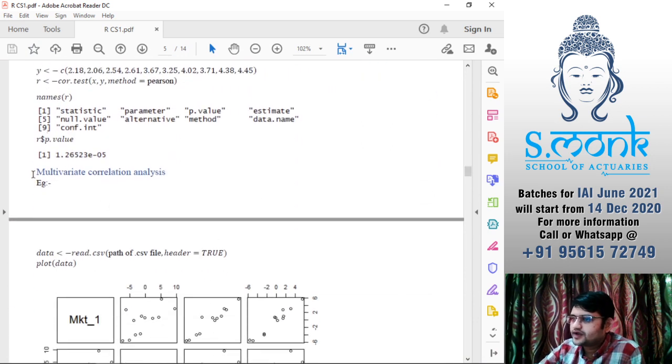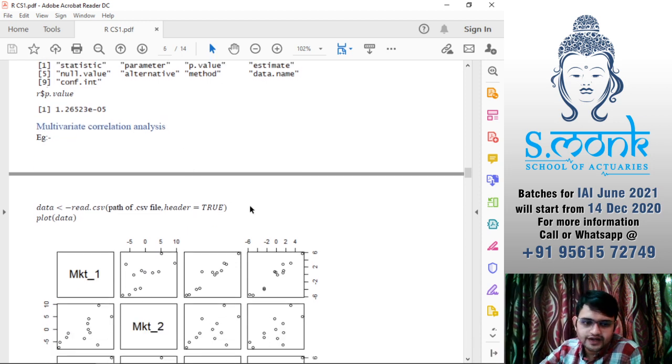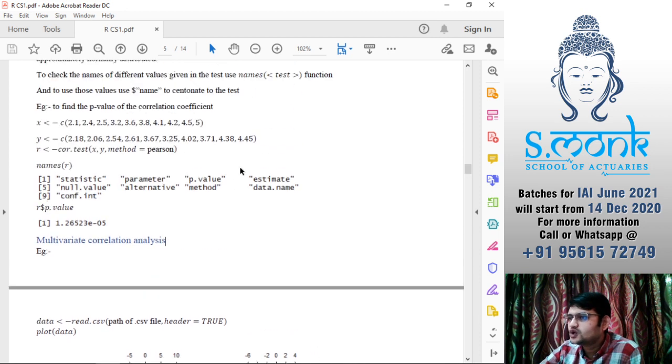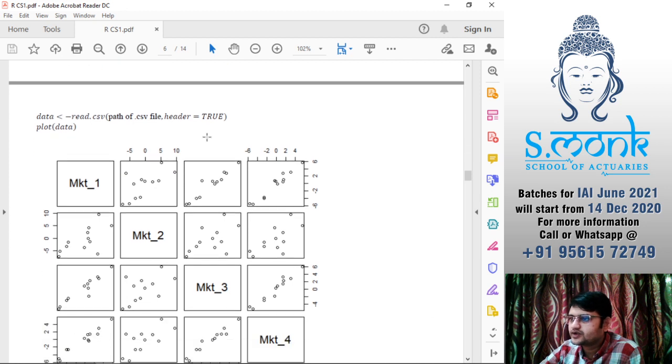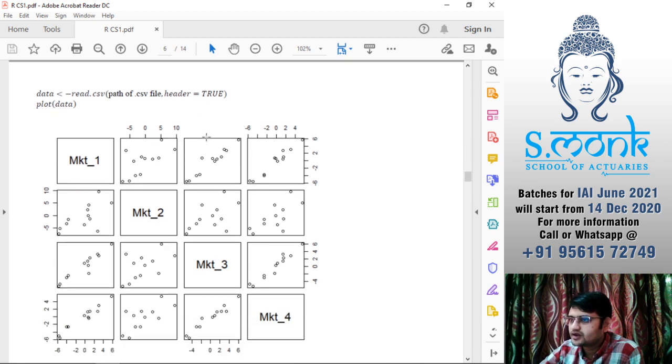Then we have multivariate correlation analysis. If you have multivariate data, that means more than two variables that are related to each other, all you have to do is use plot. Plot is one of the functions that gives you the best possible interpretation of your data.